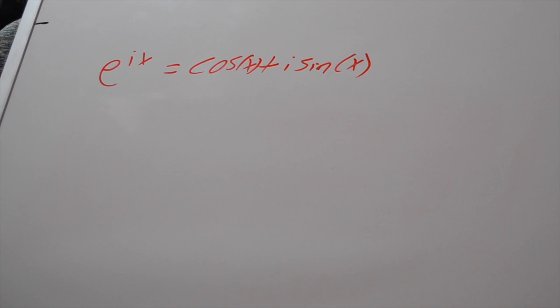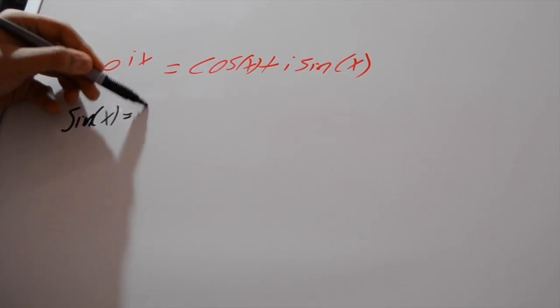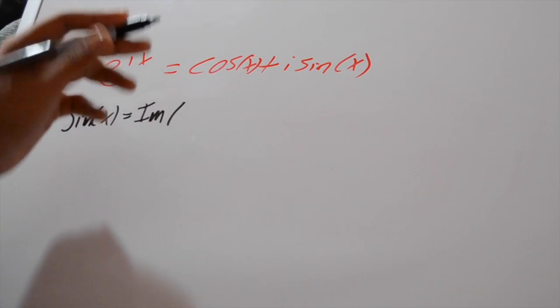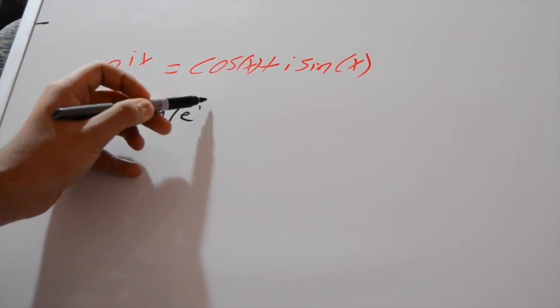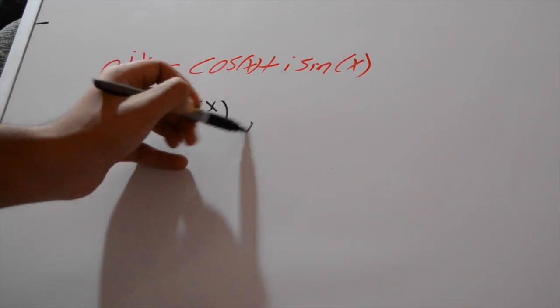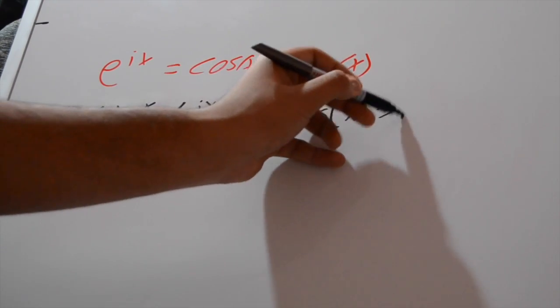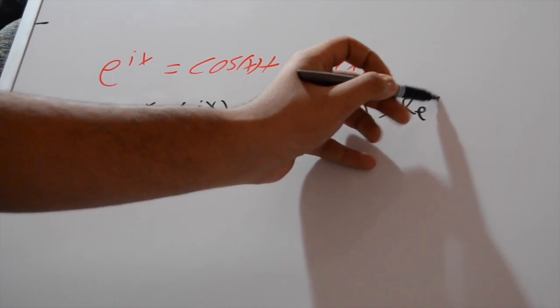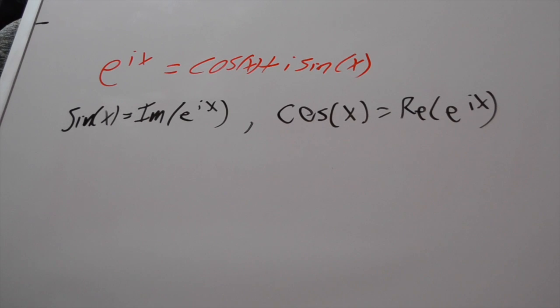It's going to be right here. So we'll say sine of x is equal to the imaginary part of e to the ix. Yep, e to the ix. So that's useful. And cosine x is equal to the real part of e to the ix. So what we have here is something that's really useful for us, because when we graph